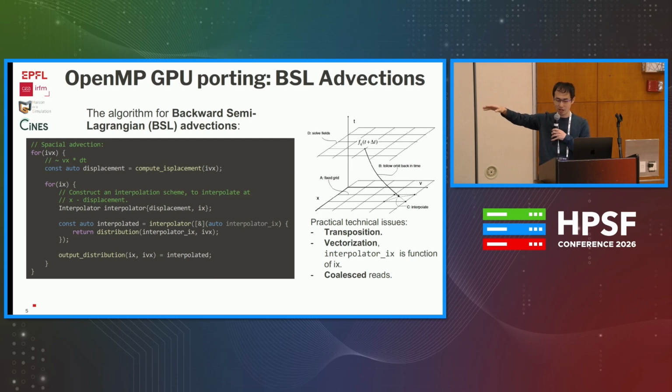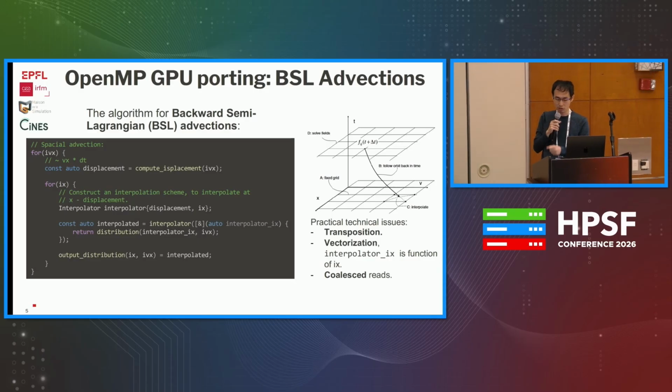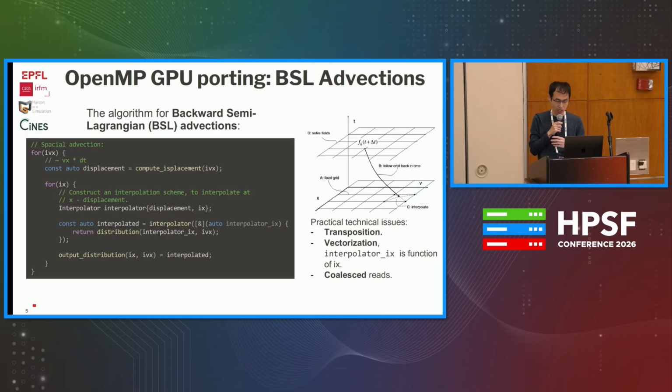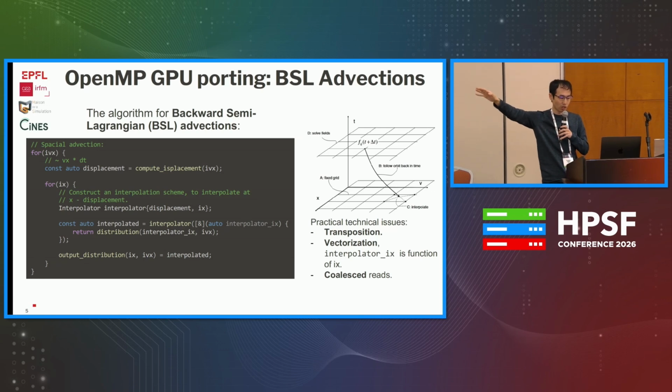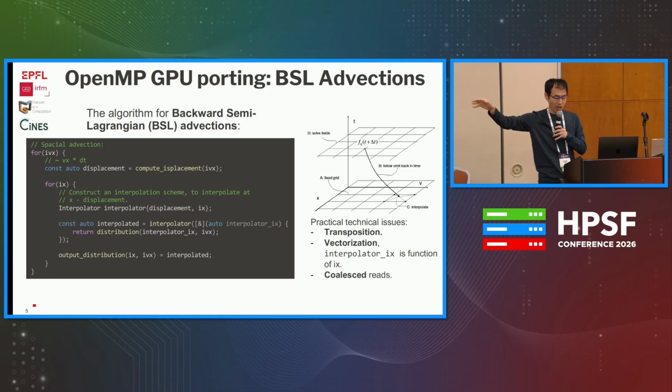Unfortunately, this is never on the grid, so we need to compute the nearest neighbors and the integers, and interpolate to get the value at the previous time step point. So this semi-Lagrangian scheme heavily relies on the interpolation scheme. We often use Lagrange interpolation or spline interpolation for that. The problem is that on the right side, the current time step is always contiguous, which is pretty good for CPUs and GPUs. The problem is the previous time step is never on the grid, and we almost always